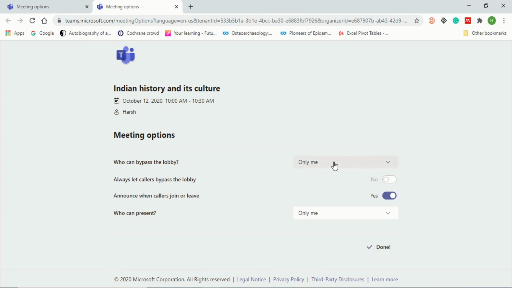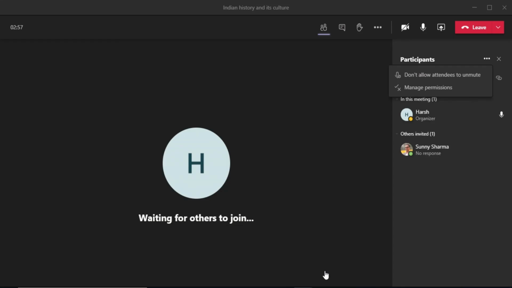And if you want everybody, instead of just me, like if you want to organize a meeting and in between you get to know that besides your own organization, there are multiple organizations who want to join this meeting, you can bypass it. Everyone can join it. After that, just click on yes and save. So everybody could join the meeting when you just do that. You don't have to go again into your history, and you do not have to allow the person one by one in your meetings. So this is how you will do all these things in Microsoft Teams.